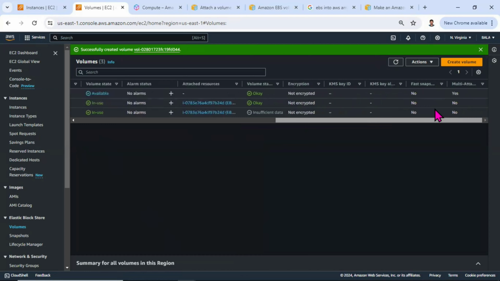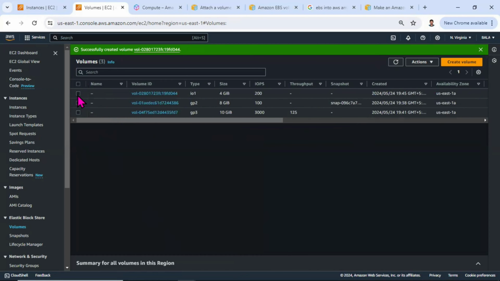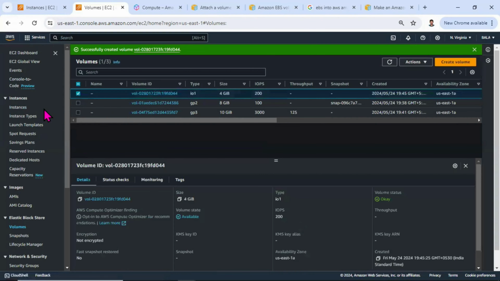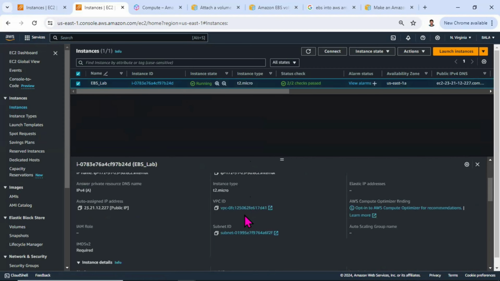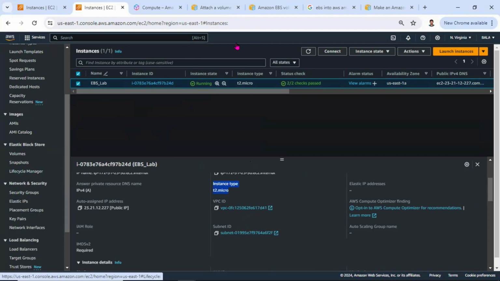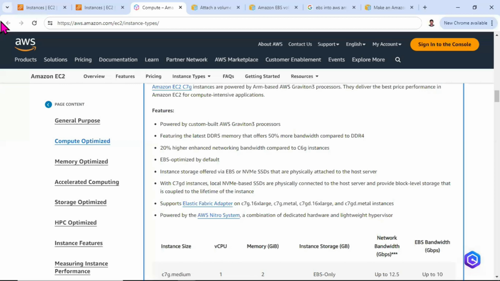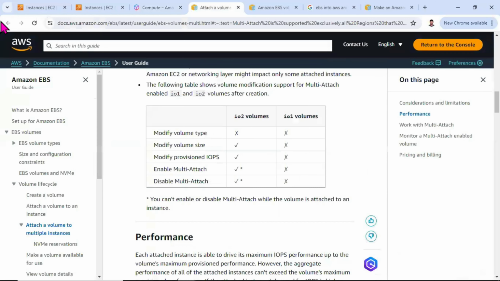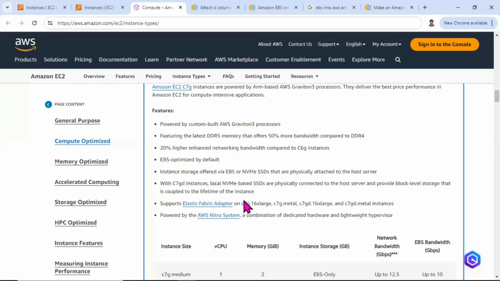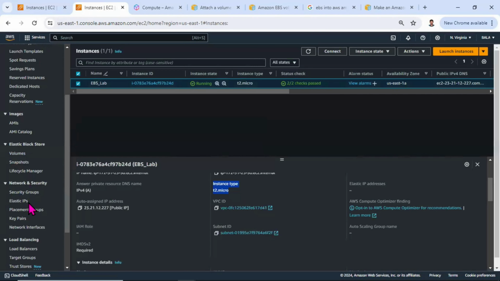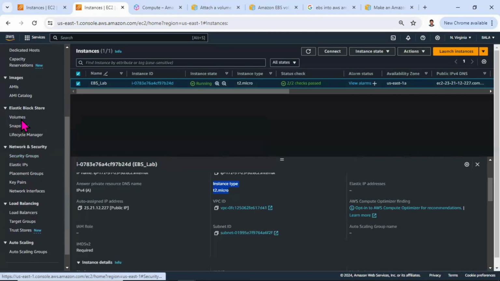So this we have enabled with multi-attach. You can see that, yes. But if I try to attach this EBS to the particular instance, it will not work, since we created this instance with the type T2 micro. As I mentioned, only some instance types will support it. If you look at the documentation, you can see which instance types support multi-attach. So basically, if I try to attach the volume,